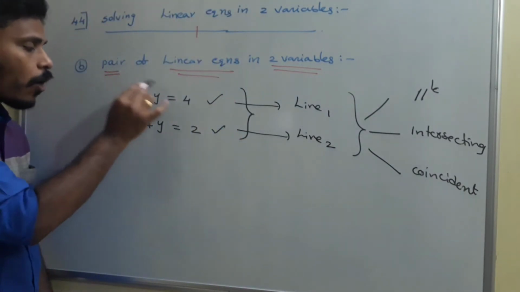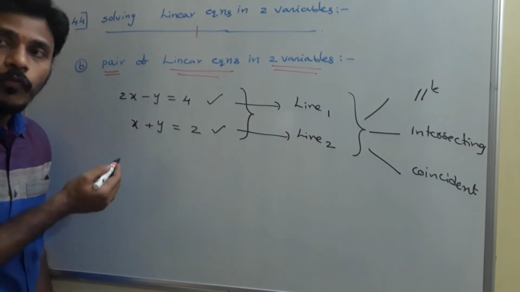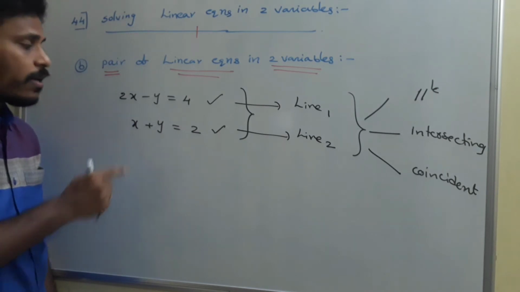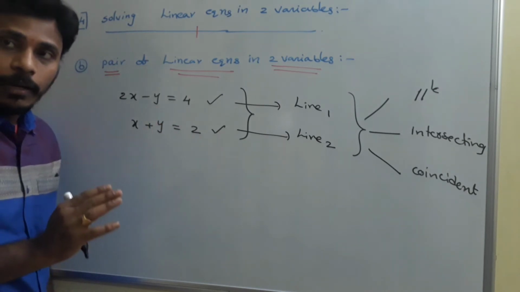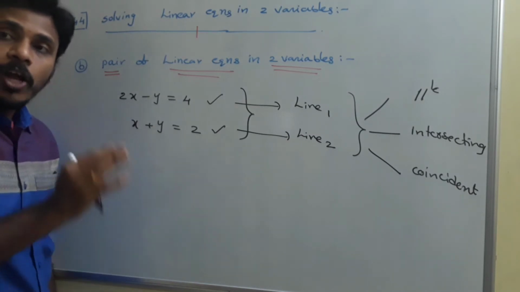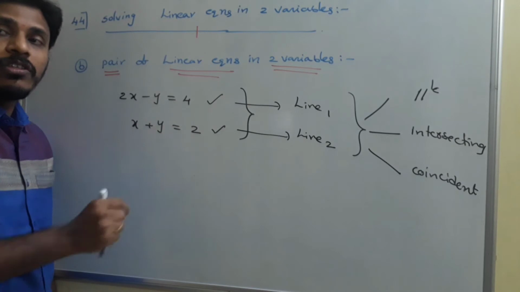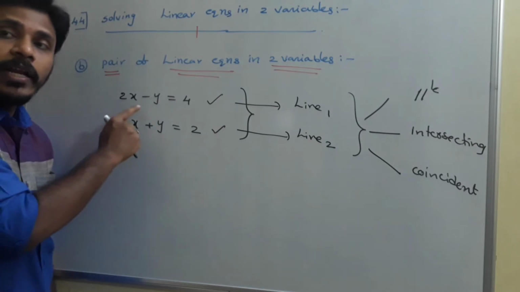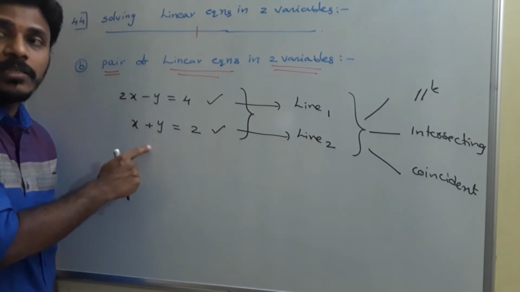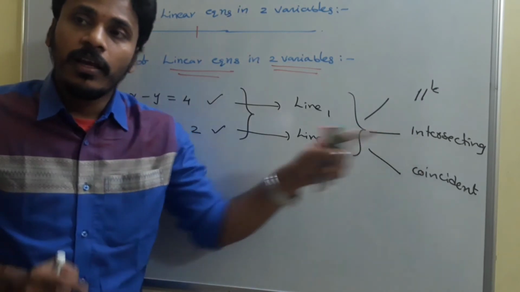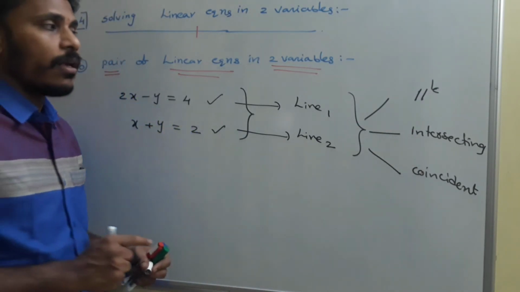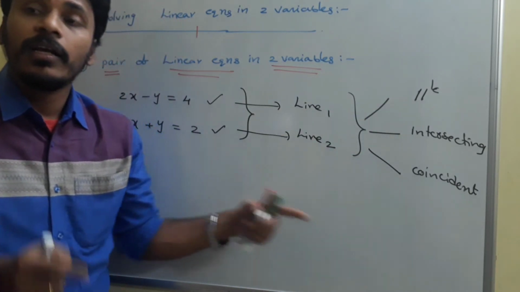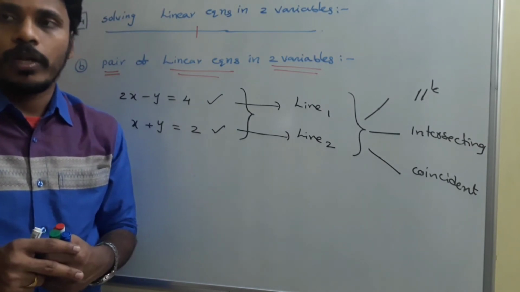And the next part is how to solve a pair of linear equations in two variables. Solving a pair of linear equations in two variables is simply this: on the first equation there are infinite number of points, on the second equation there are infinite number of points. Solving these two is nothing but finding a point which is common to these two lines. If the lines are intersecting, then for sure there is a common point for these two lines, whereas if the lines are parallel, then we won't get a common point. And if the lines are coincident, we will get infinite number of common points for those two lines. Is it clear?